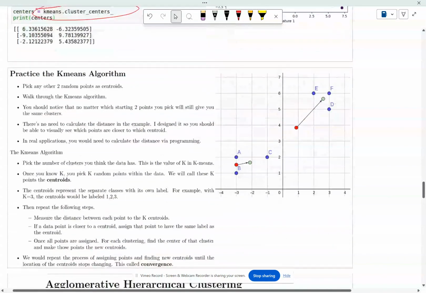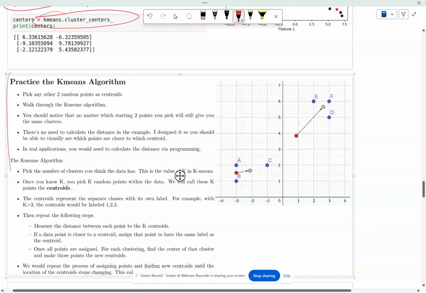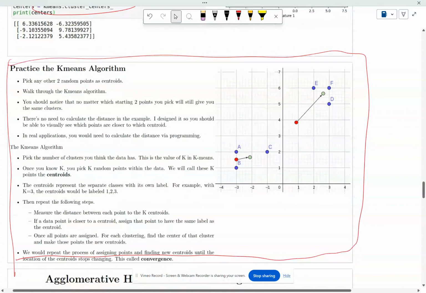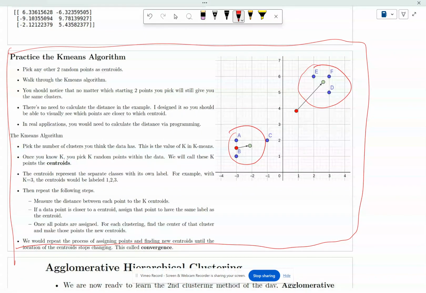All right, so over here, I want you to practice the K-means algorithm. I want you to step through it step by step. And once you've done that, you should find the center yourself and then figure out the clustering. So that's the first one, and we'll continue